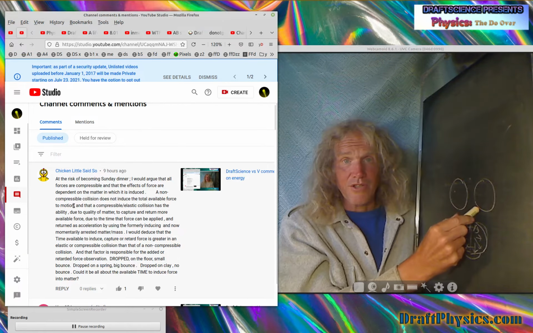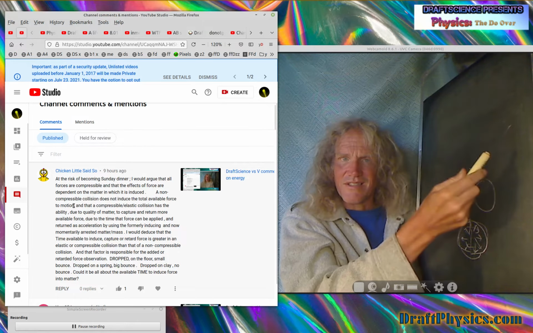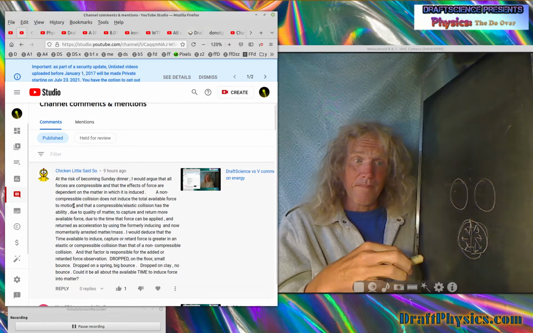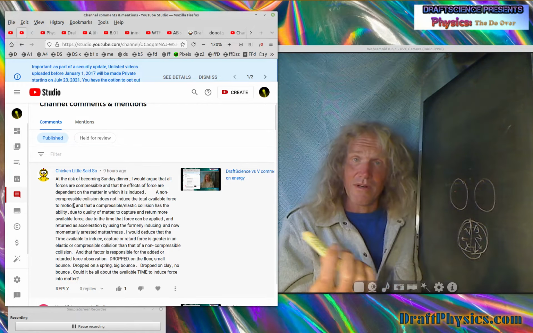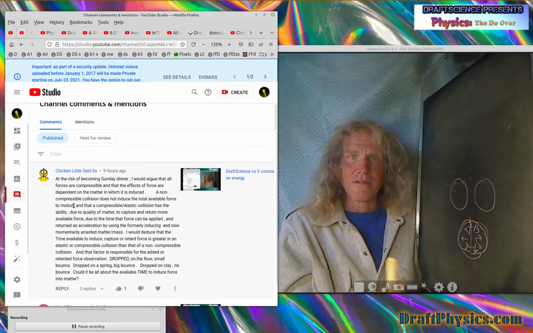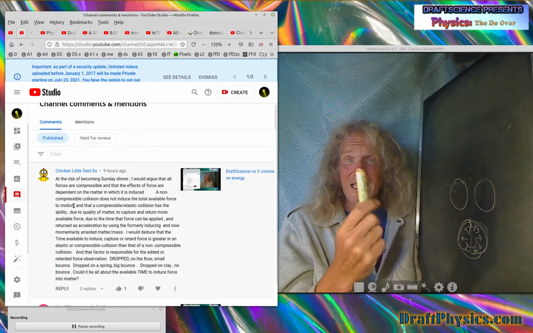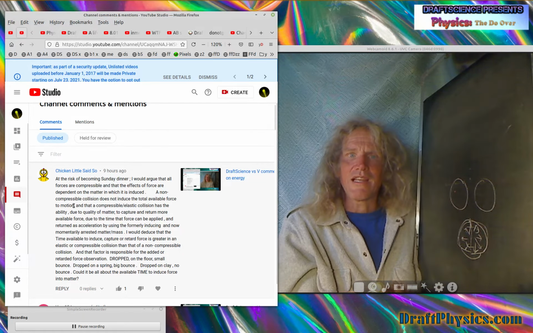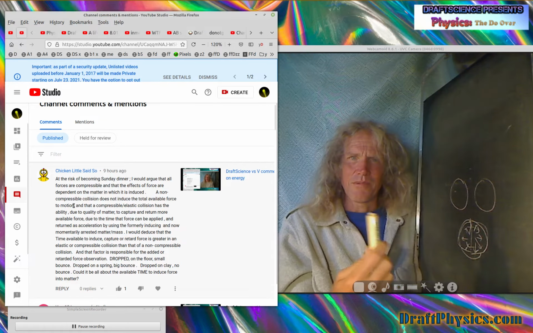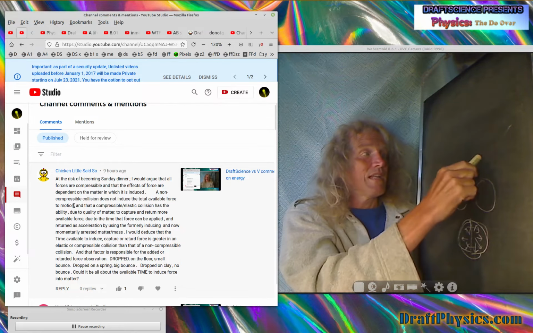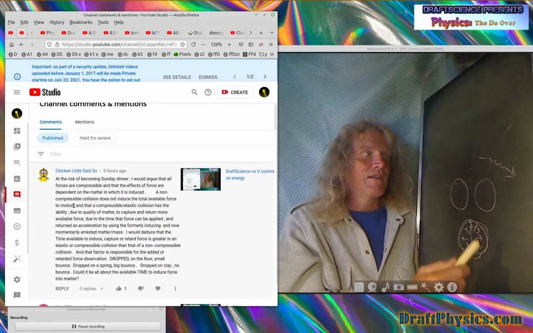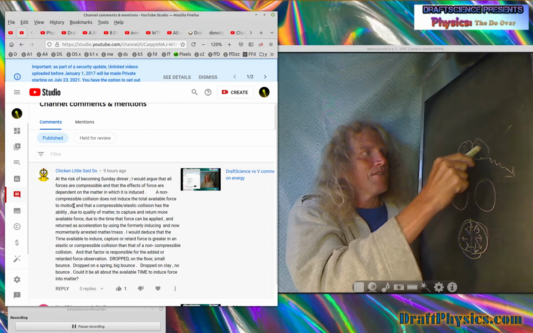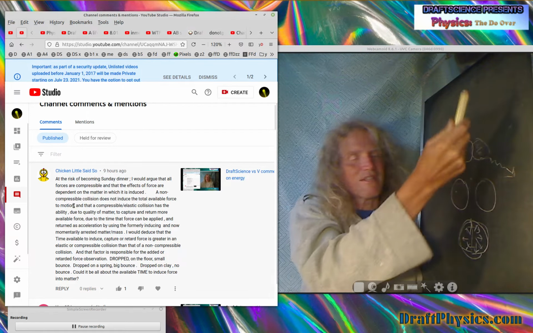Rubber ball, temporary change. Steel ball, the energy is still vibrating inside the object, and depending on whether it can transfer it, get rid of it, it keeps it. Just like something in space, you give it a temperature, it'll kind of keep that temperature because it has to radiate it. It can't radiate it atomically. It has to radiate it in the form of photons. So the only way something in space can get rid of its heat is to radiate it in infrared. It can't just connect to something else and let the vibrating atoms here make these atoms vibrate. There's no atmosphere to take the heat away.